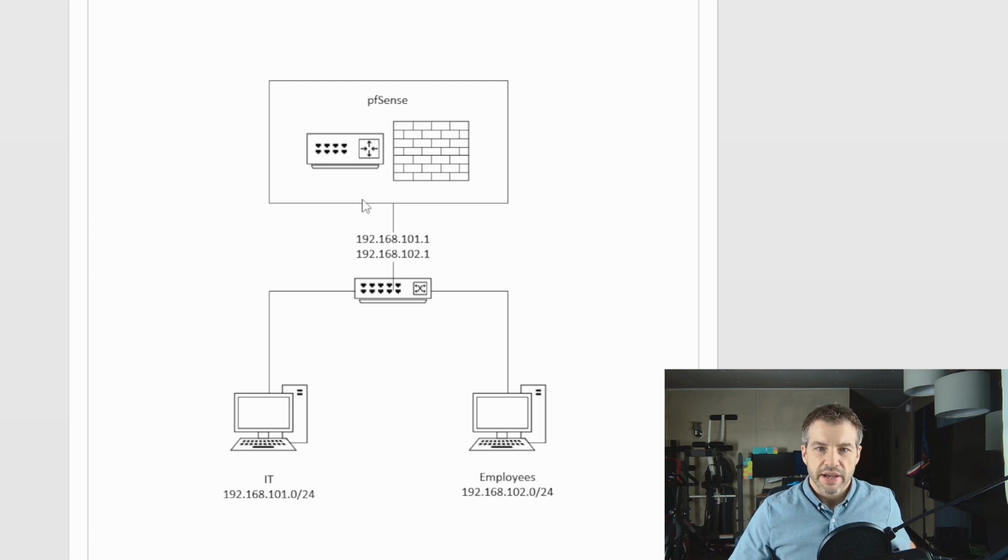And of course, this is going to be their default gateway, and it's going to have an IP address per network interface of 192.168.101.1 and 102.1. So this is our network setup as it stands, and it will stand at the end of